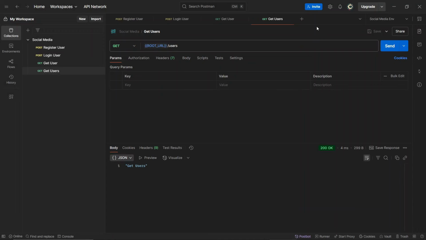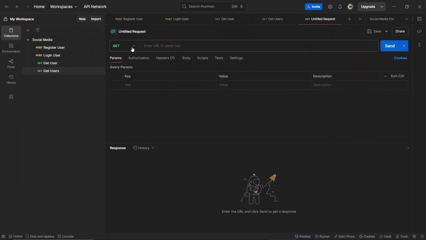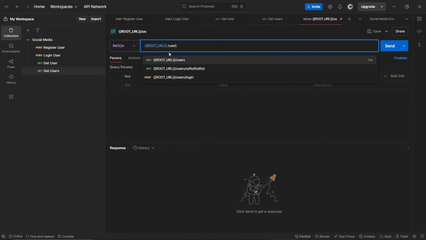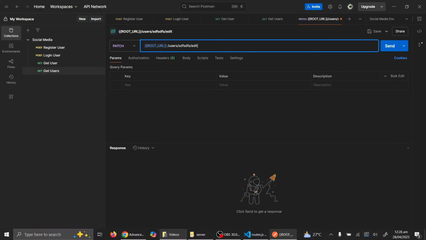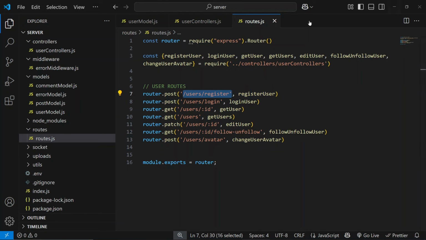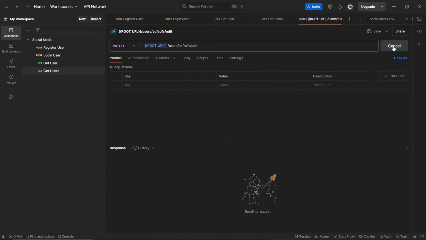We have that. Now we have what? Edit user, which is a PATCH request. So the URL, users, the ID of the user, so basically anything, and edit. I think that's it, I'm not sure. Let's see. So for edit, wait a minute, where is edit? Yeah, I think that's edit. So I'll send a request